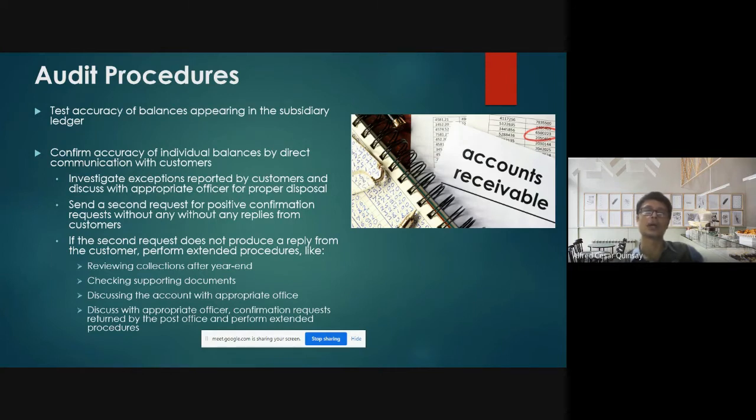So the confirmation requests that do not get any reply, you know, it might also give rise to the question of whether these customers are really existing, because sometimes when there is an opportunity to perpetrate a fraud, like for example